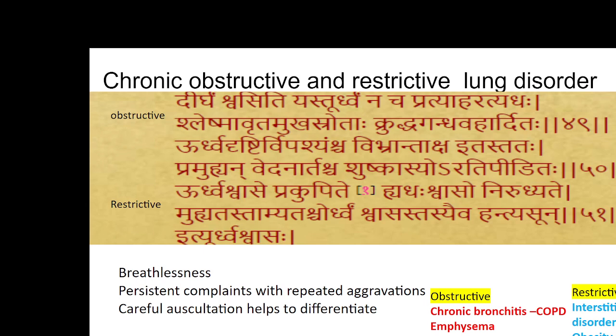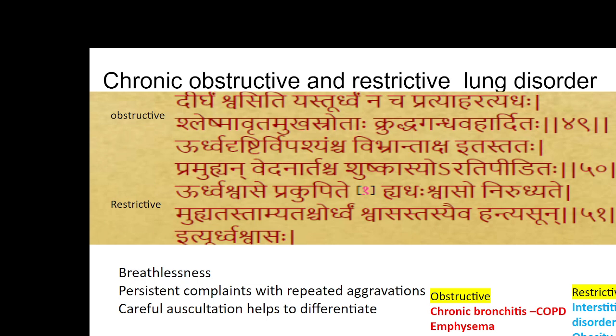Next common condition related to the Pranavahasrotas would be the patients who have continuous persisting breathlessness, which we call a chronic bronchitis like condition. Chronic bronchitis, of course, is also often named as chronic obstructive pulmonary disorder. But actually patients who develop that breathlessness for a long duration would have either an obstruction, in the sense where the air is not able to enter in, or it could be restrictive.